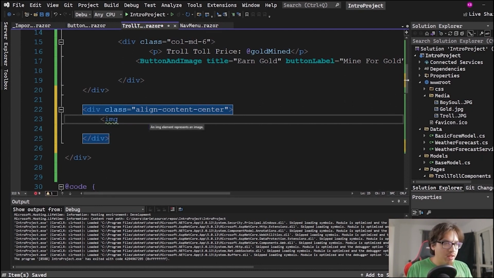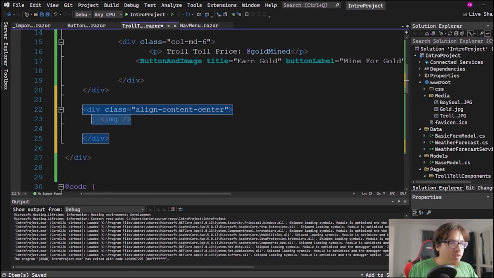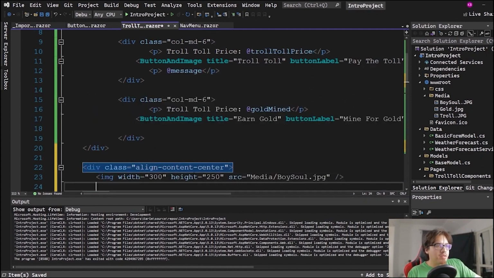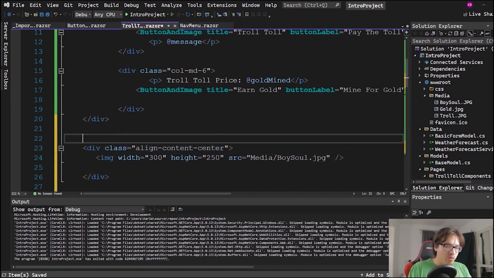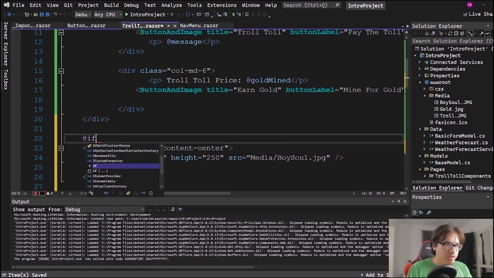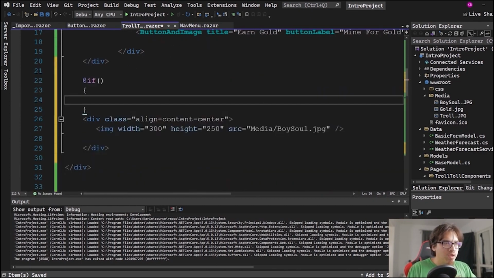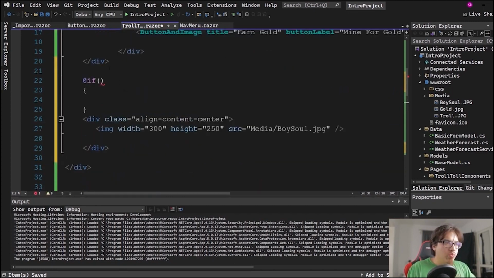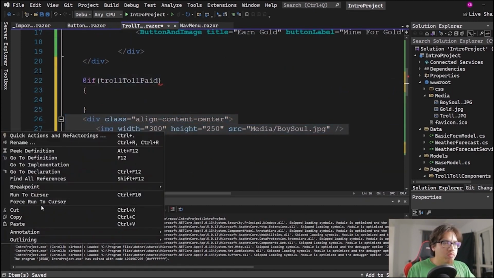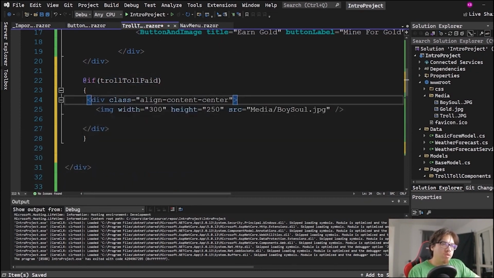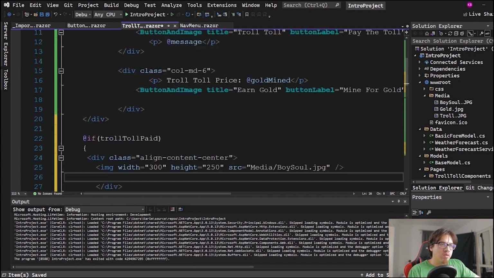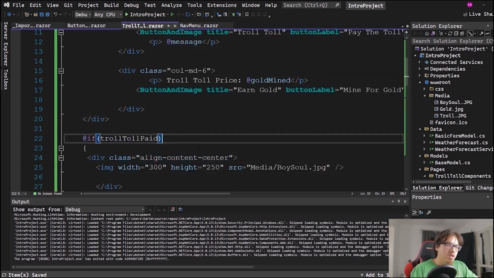So we're just gonna do what we did before, essentially. But this time I'm gonna be lazy and hard code it and copy paste like that. So image width 300, 250, whatever the JPEG you want to put down here is. That is my JPEG, and we're gonna wrap all this in an if statement. And obviously the statement is going to be of the troll toll. I don't know if this does anything, but I have it written there, so